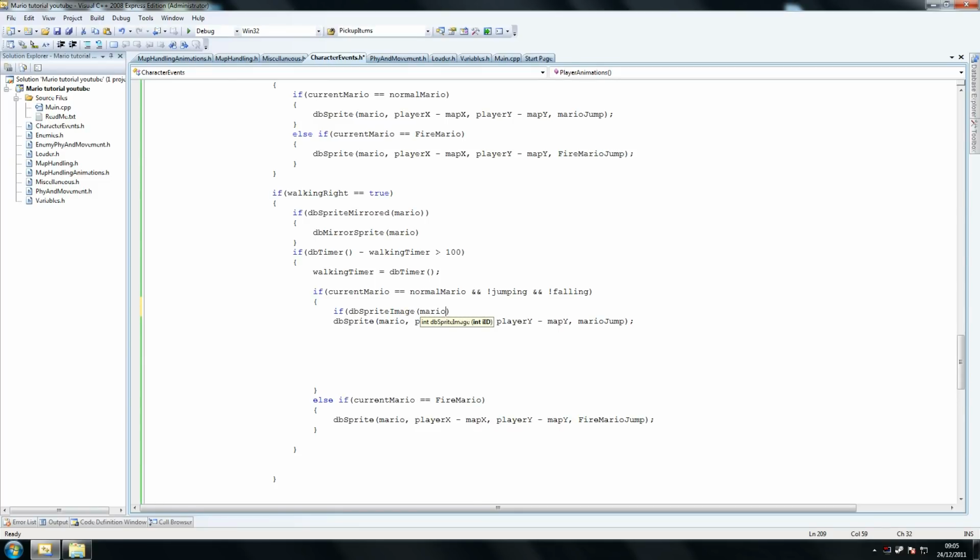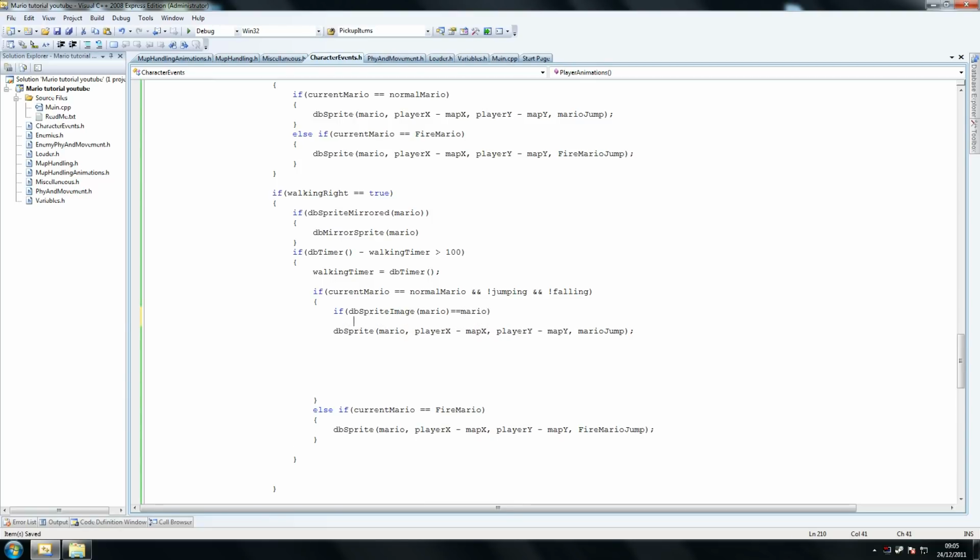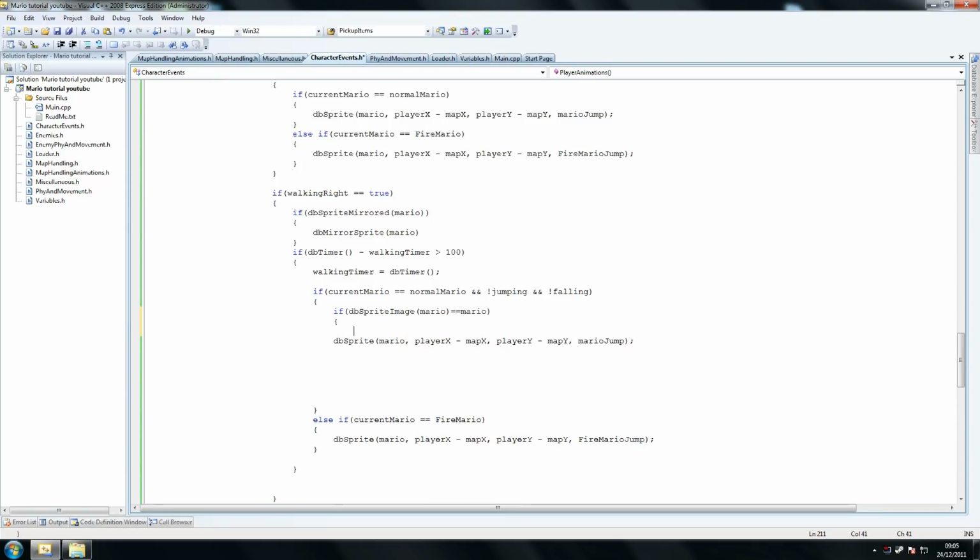the sprite Mario equals Mario, so if he's got his default image as in he's standing still, what we do here is we display Mario and we display the Mario walk animation. So if his animation was normal before, we display the walking one. Otherwise, else,